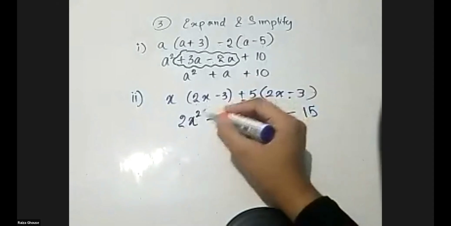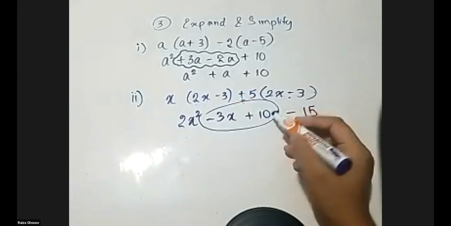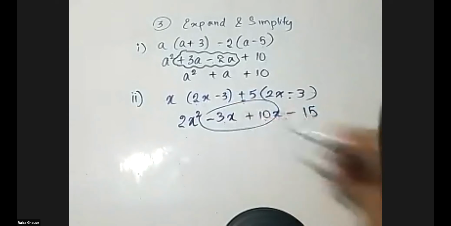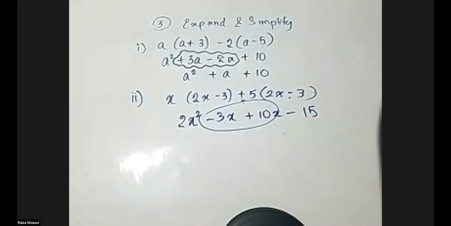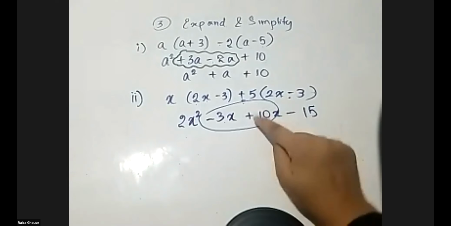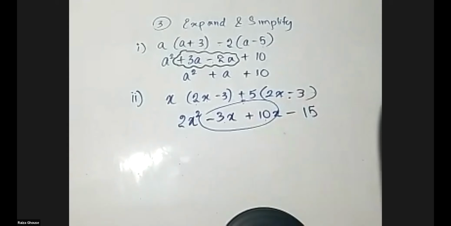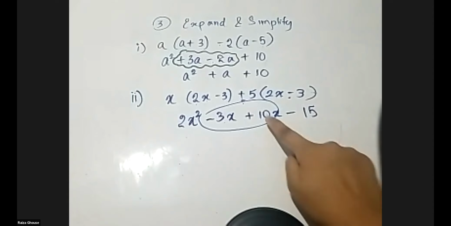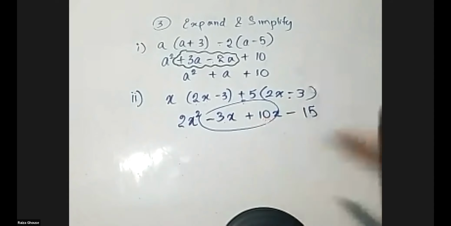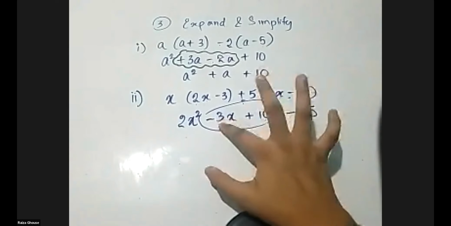Now look at this one. These are like terms, right? There are positive 10 and negative 3. Some children are forgetting this part very badly. Listen this way. Positive means, children, you think you are having money with you. It's your money. Or positive, you're plus. You look so positive. You are so rich. You have a 10 rupee coin with you. You're so rich. And you have a debt of 3 rupees.